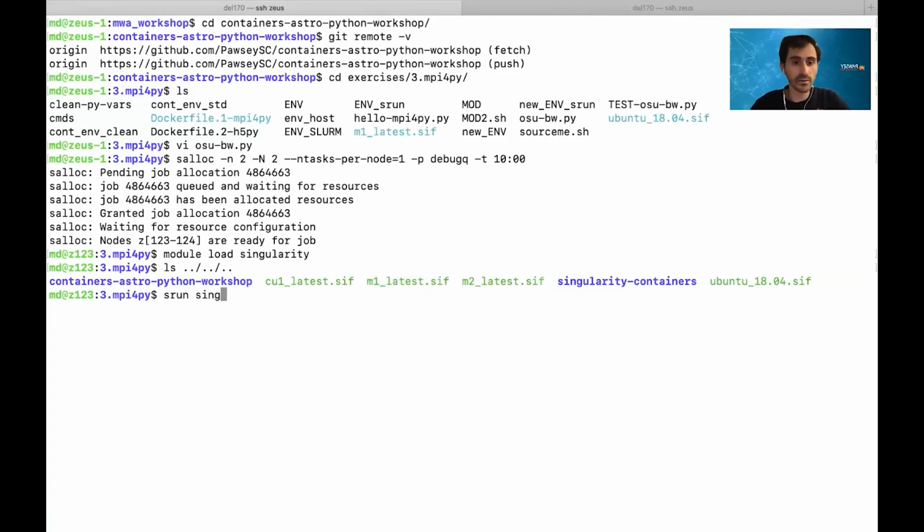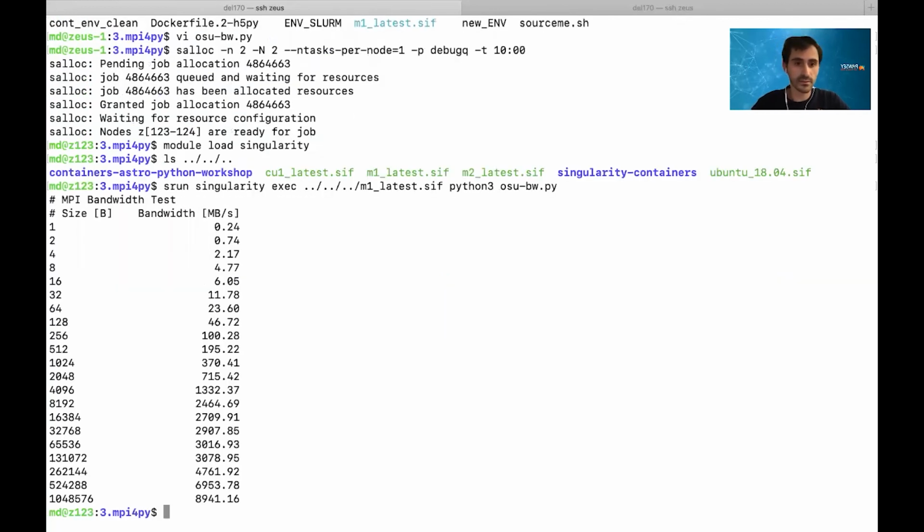So we tried to execute Singularity using srun, so to make use of the two cores across two nodes on Zeus. So using the m1 container and then running this OSU bandwidth test. Yeah, and it's now working. It wasn't working the other day, right? So why wasn't it working? Well, because the other day,